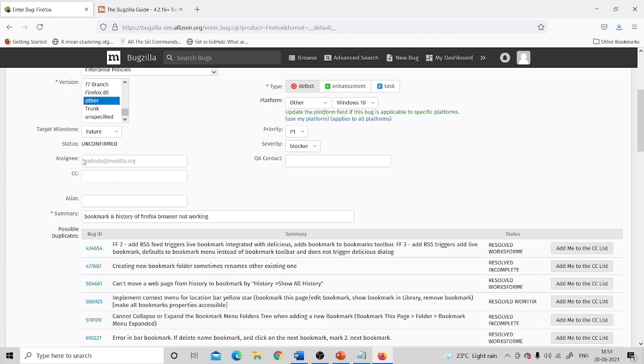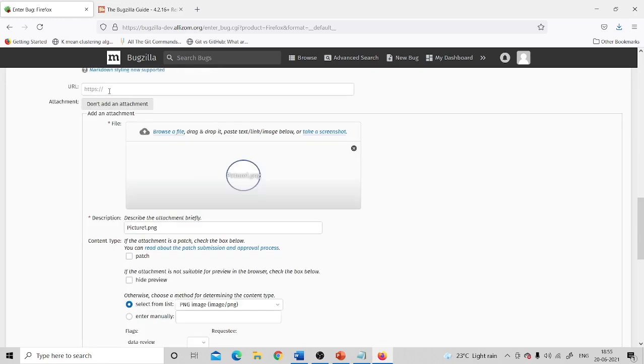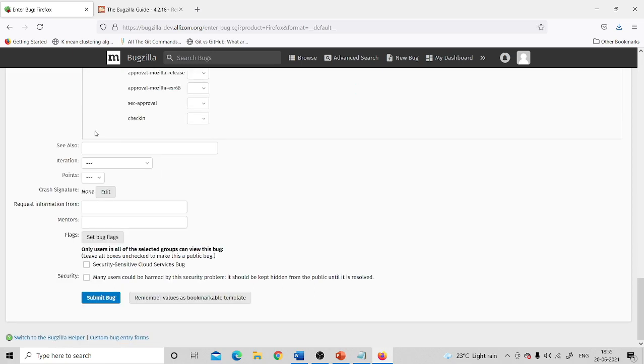Then assignee means which developer you are assigning the bug to. That person only is going to fix it, so that person's email ID you have to put over here. CC means any alternate email ID of any other developer you can put. So I'm putting my other email ID. Then here you can use the URL. Suppose you are testing any website, then you can put the URL of that website. Suppose I'm testing the Google website, then I can put the URL of the Google website. So that developer will go to that URL and see your screenshot, and accordingly he will try to confirm your bug first and then try to fix it. So these are all optional fields. So you can just submit your bug.